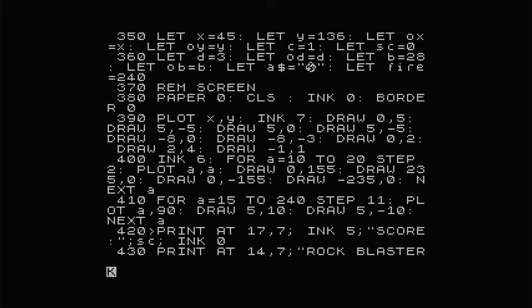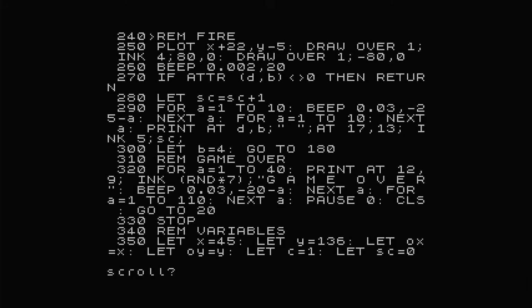It was 240, wasn't it? Not 420. Yeah, see, where is it? Where's my eyesight going? 270. Now, if it equals more or less than 0, then it's going to return. But if it doesn't, that's when the explosion. Maybe that is the problem. What do you think? To me, that makes sense. Maybe that is the issue. I don't need that other ATTR in there at line 160 because in actual fact, at line 270, I'm saying if it's more or less than 0, then just return. If it's not,